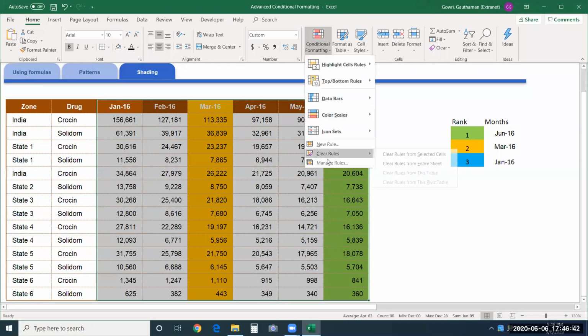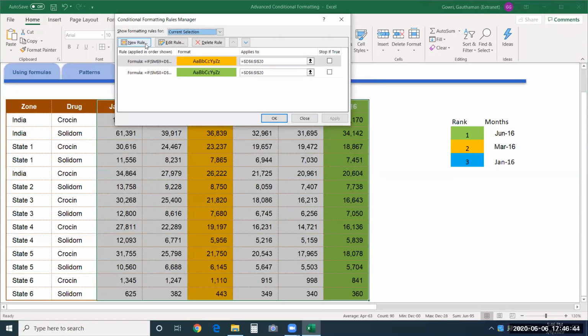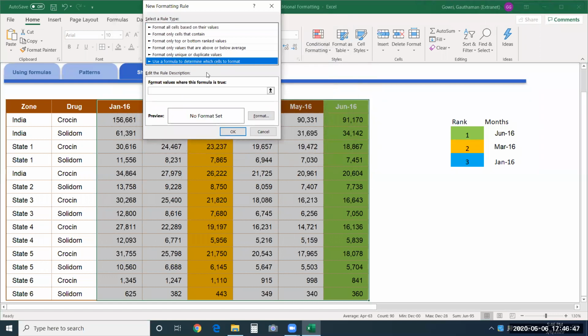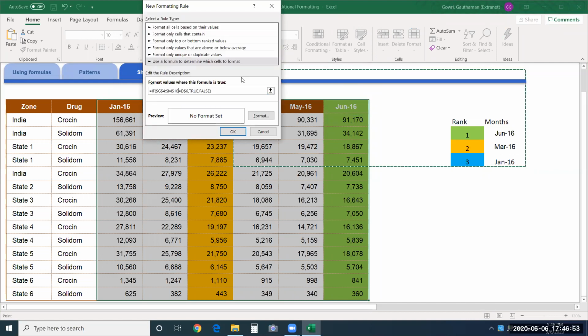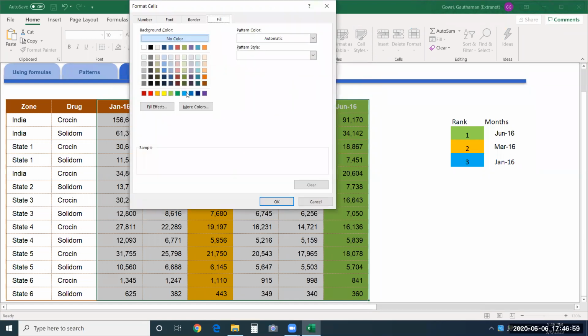Again, go back, new rule, choose this, paste it, change the input cell to Jan 16, this one. Sorry. Yeah. And we need to select this cell.